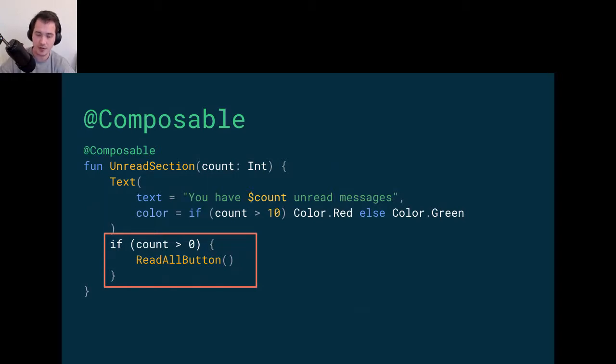Sounds very nice, right? You don't need to see like from what state you're coming from to what state. You just say, okay, I have this state. I don't know where I was before. I don't care about it. Here is how my UI should look like. Very nice. The question is how we can do it, right?